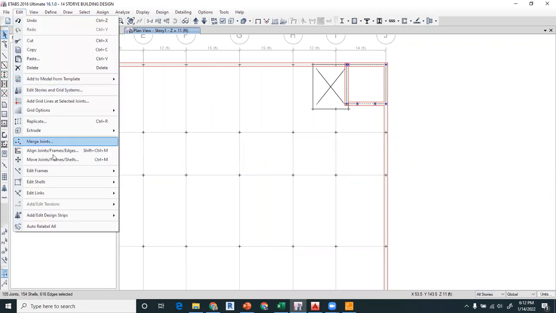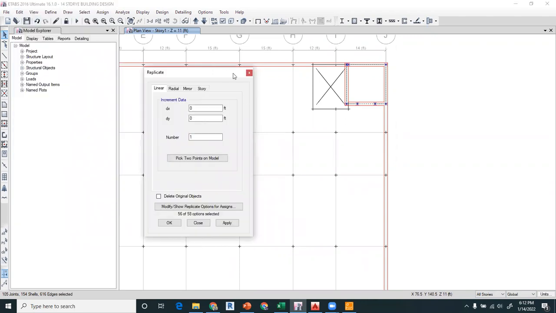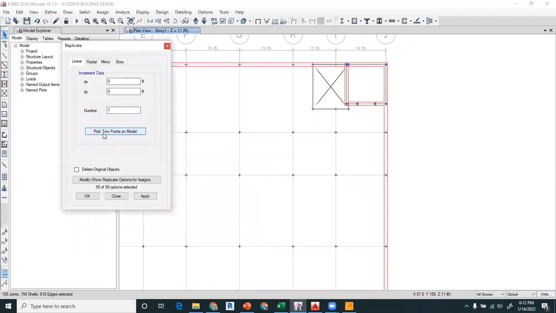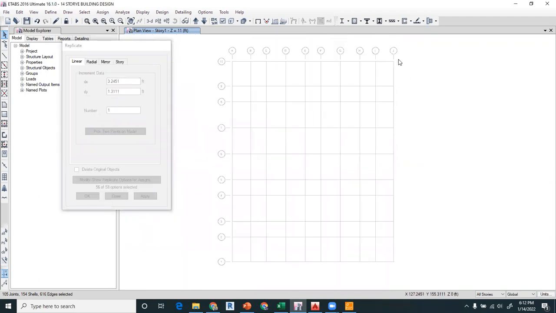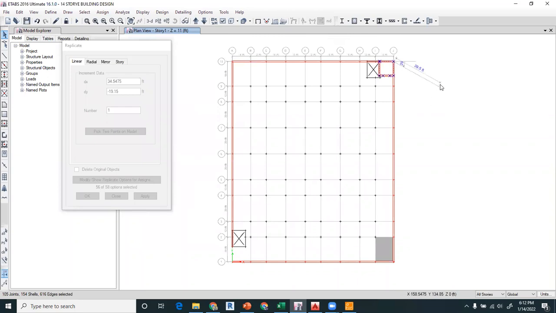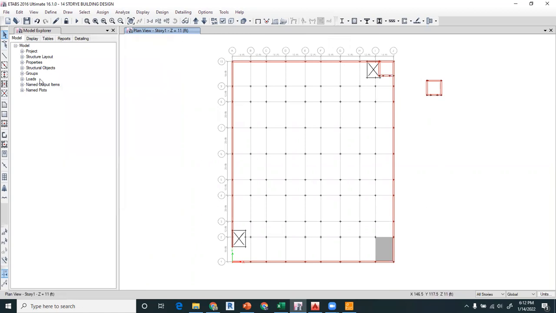So go to edit, replicate command, and then click on the pick 2 points. So you will pick 2 points. So you will click on here, and we will click somewhere at another location, and we will apply. So it has been replicated on that location. Because the orientation of the left wall is different in this corner, we have to rotate this left wall. So again, we will select this,